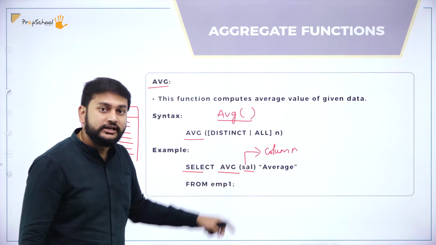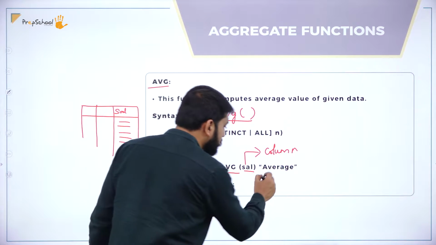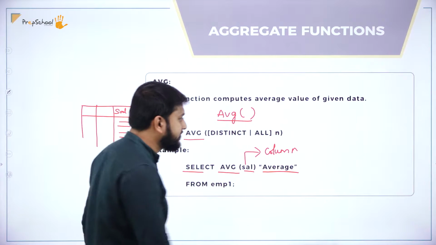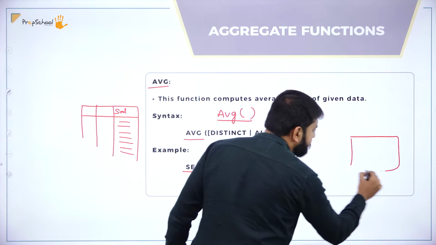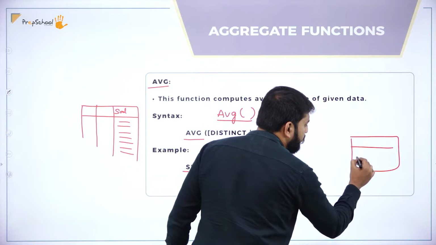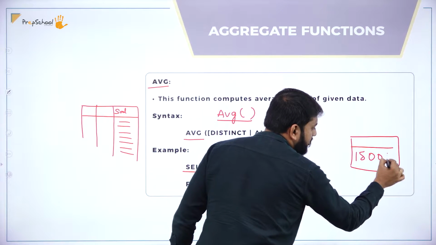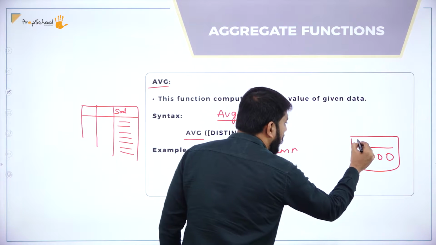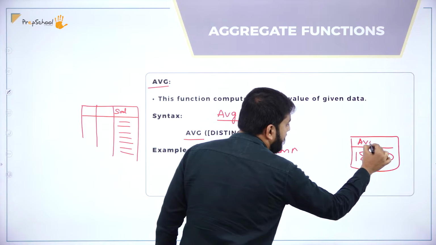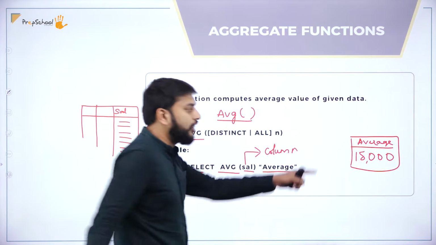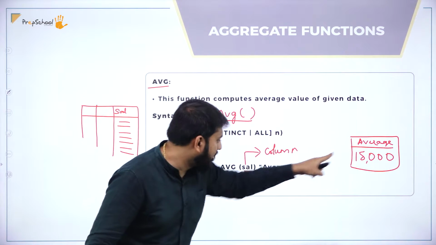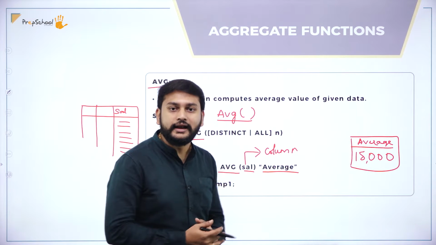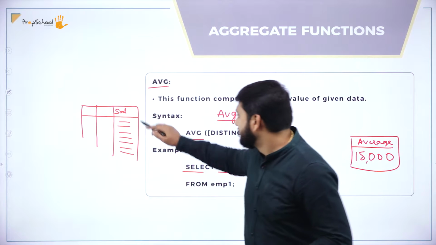So after that, whatever result I'm going to get in the output, I'm renaming it as average. The column name, for example, your output will be something like this, right? So you will be paying some 15,000 as the average. Okay, so that is the average result that you have calculated. The output will be something like this, average. You are renaming this part with this. That is what you need to understand, right? So this is how you will be calculating the average of this particular column.